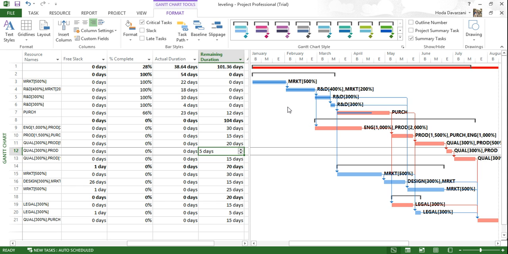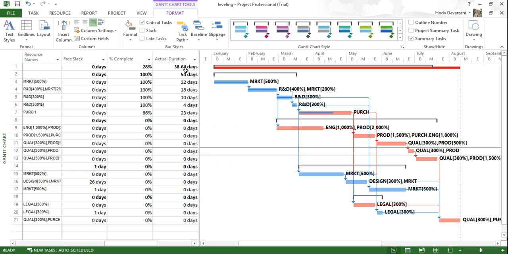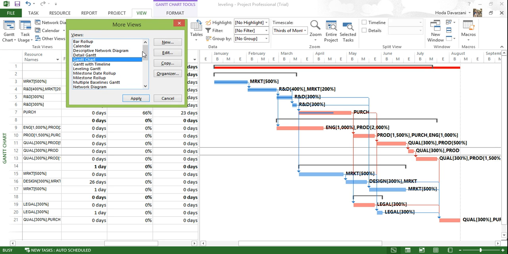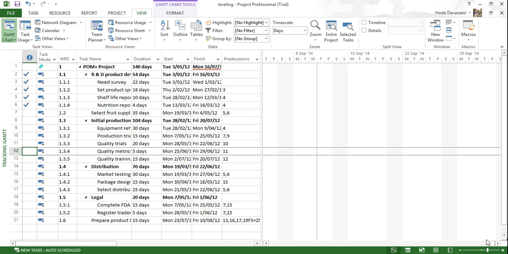The next thing we want to see here is the tracking Gantt. Instead of the Gantt chart that we have here, we want to see a Gantt chart which will say beside each task what is the percentage of this task so far. So you can go to view. Down here on the Gantt chart you can choose tracking Gantt. If it's not available here, go to more views and then you can choose tracking Gantt down here. Click apply and you will see,